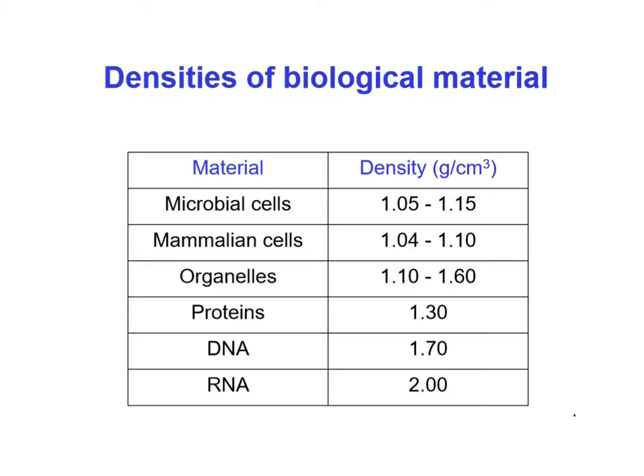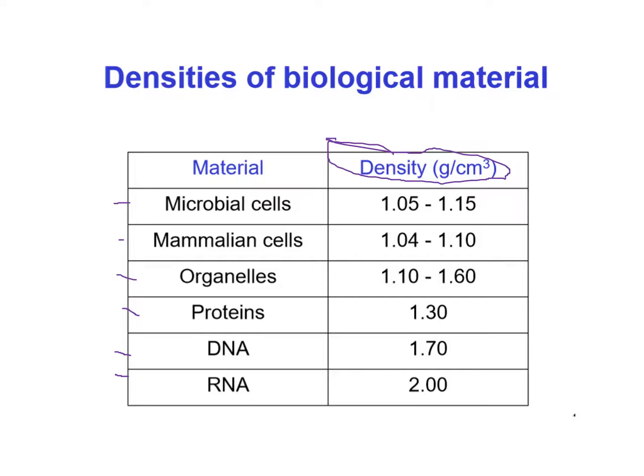So we use density as a way to separate because there are differences in bacteria, in mammalian cells, in organelles, proteins, DNA, RNA. So right away, because of density differences, you can see theoretically if you have a bacterial infection